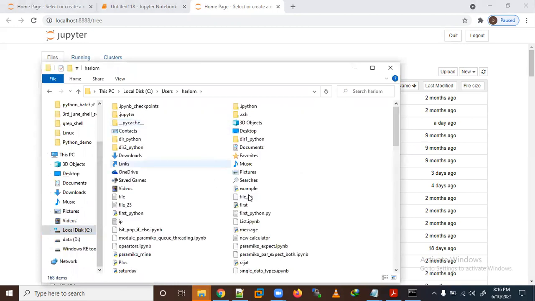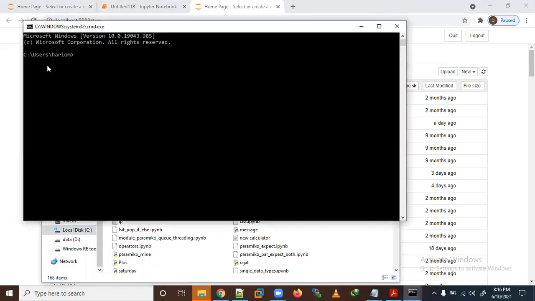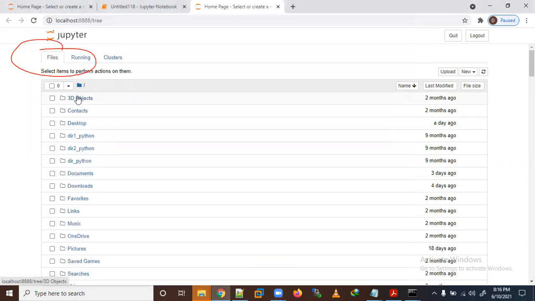If you don't know the location, use CMD and you will see it. I went to that location, so you will see all the files from that location here. Here I need to click on New and Python 3.